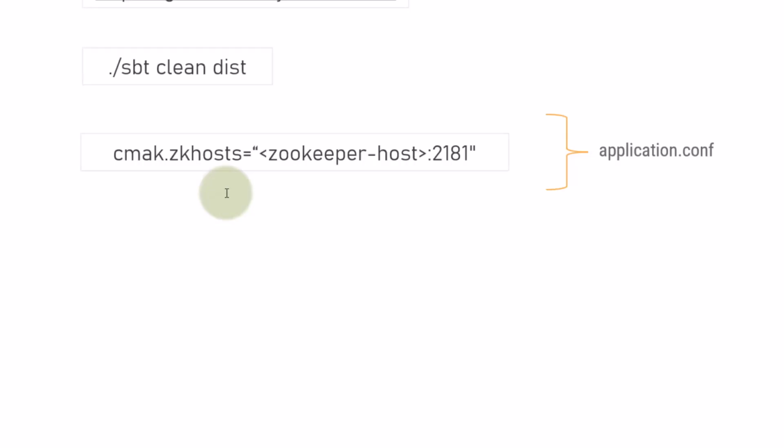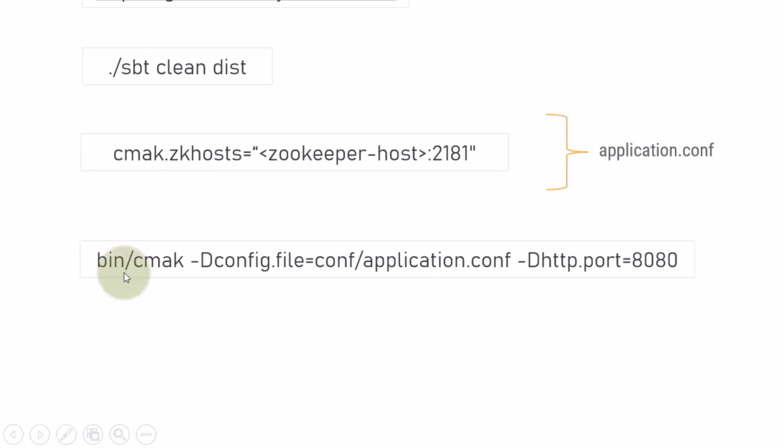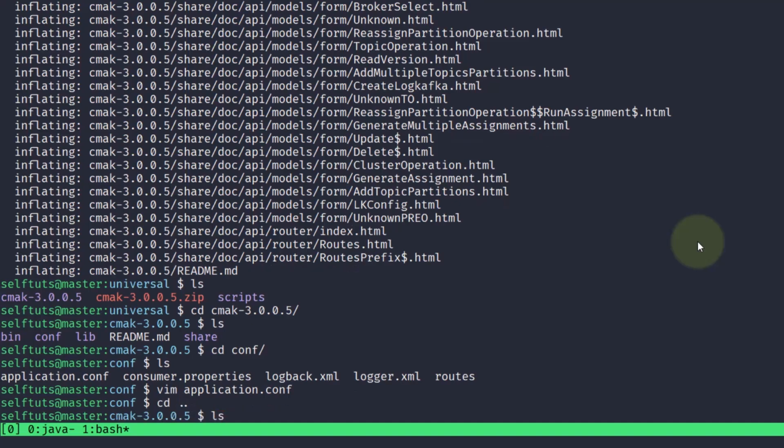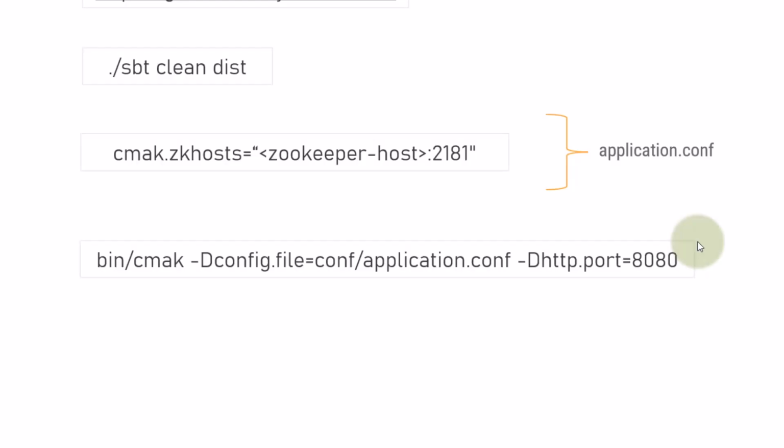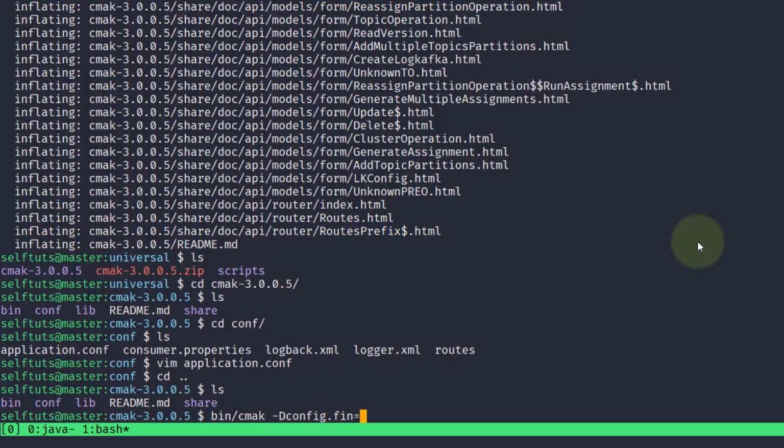And after saving, we will go to the slide and see how we can start our Kafka manager. So it is bin/cmak and then -Dconfig.file, the path of the config file, and the port where you want to start. So I'll just come one folder up, and here I'll say bin/cmak, and after that -Dconfig.file equal to conf/application.conf.